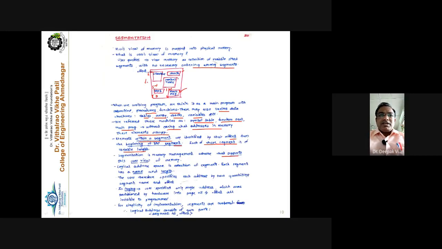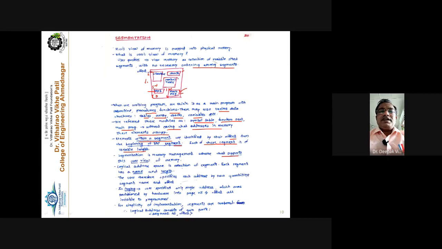So the meaning is that segmentation is a memory management technique where memory is divided into a number of segments, and these segments are as per the size of the particular program or process. For example, if the main process demands 500 MB of memory, one segment of 500 MB is created. Then the next segment is created for 300 MB. So memory is now segmented, right? Getting my point? Memory is segmented in this segmentation strategy.